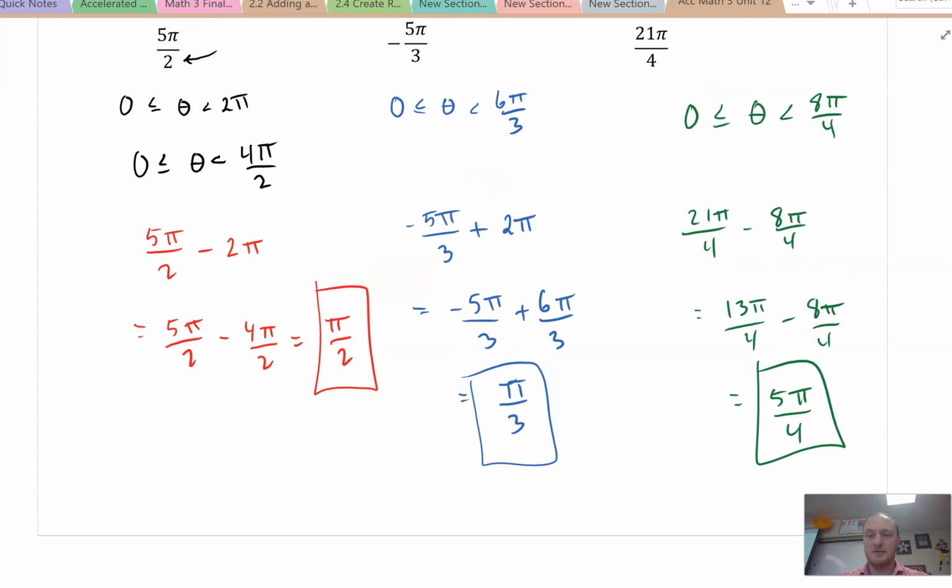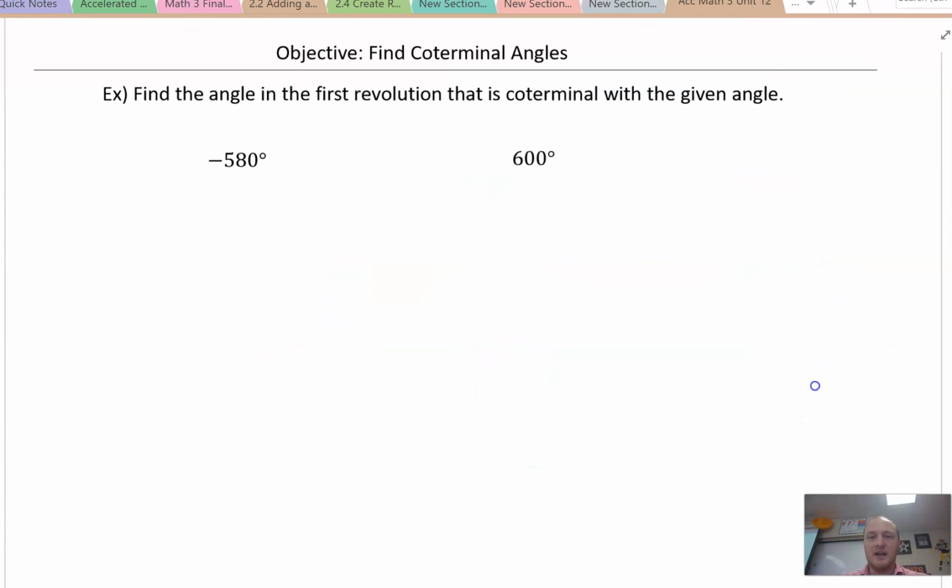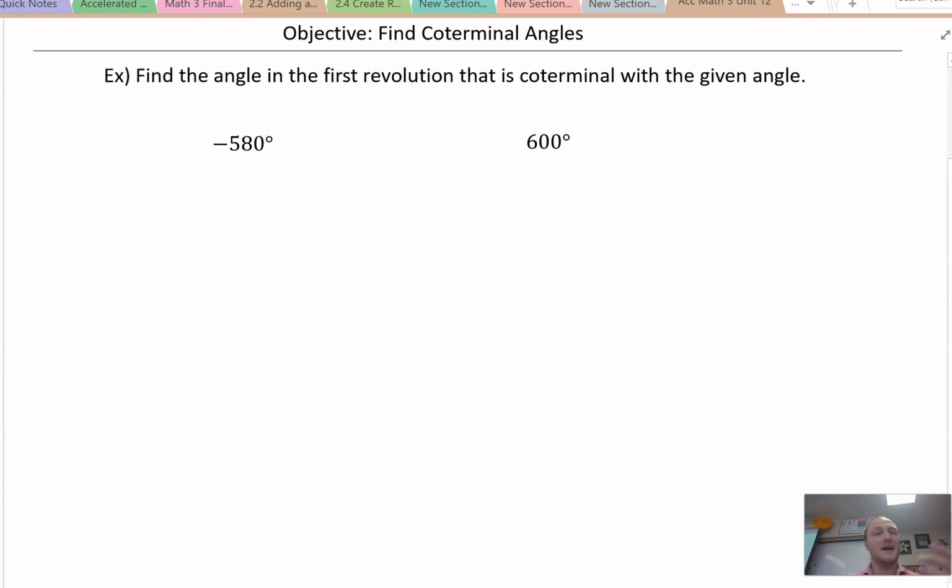Cake. Easy. Okay. Now, can I go ahead and do the same thing with degrees? I think it's easier with degrees. You want it to be between 0 and 360, so I don't even think I need to show this for you, but for the sake of continuity, right? Between 0 and 360. So what I'm going to do is take negative 580, and I'm going to add